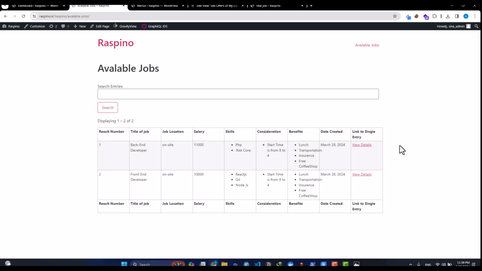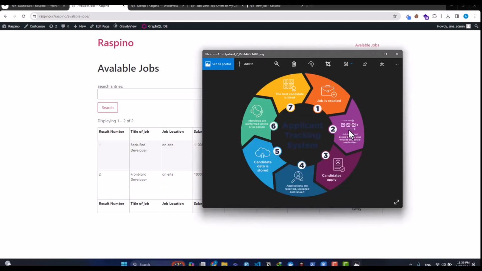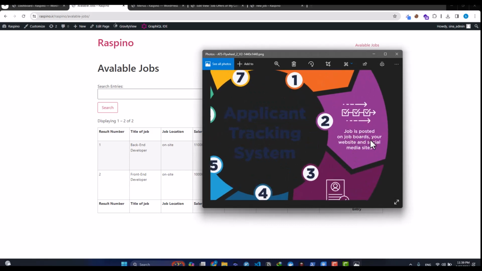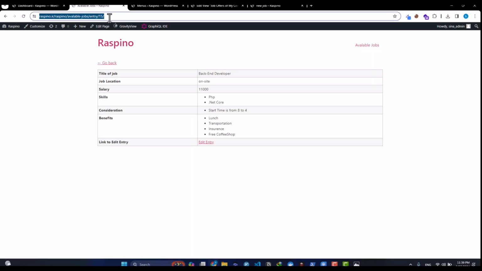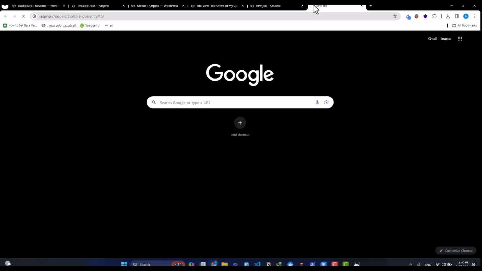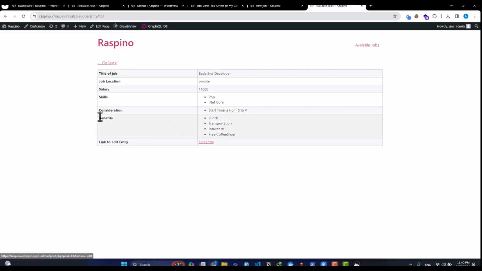Okay, here we're going to have 2 other columns. This is the row, it is auto incremented, and this is the game changer thing. If I want to share this and actually deploy my job and post it on some media, I could use this item. It is a direct link. If I open it in another tab, it is only one job, the direct link to a single entry